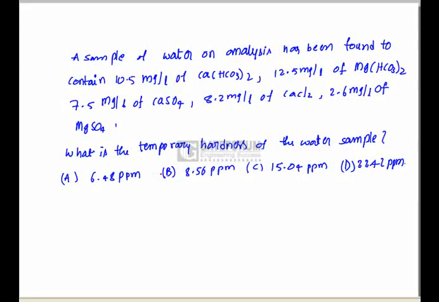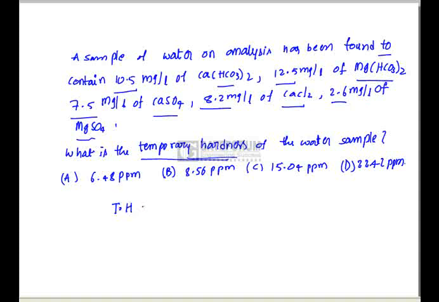Water sample: we have to find out the temporary hardness of the sample. The data that was given is, a water sample on analysis has been found to contain 10.5 milligrams per liter of Ca(HCO3)2, 12.5 mg of Mg(HCO3)2, 7.5 of CaSO4, 8.2 milligrams per liter of CaCl2, and 2.6 milligrams per liter of MgSO4. So the temporary hardness is because of